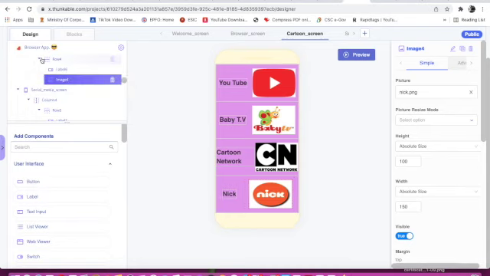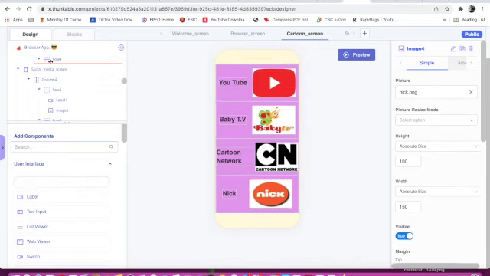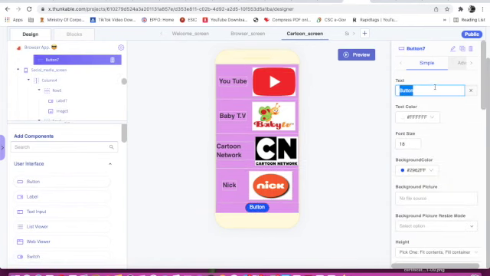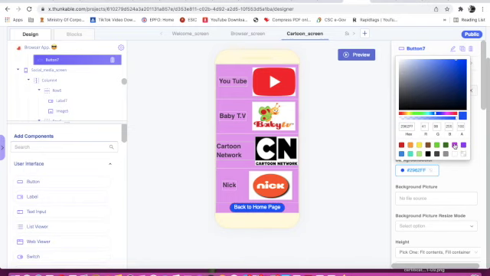For that I think I have to hide row 4. Then only. Yeah. Here I will type back to home page. Background color I will change it.